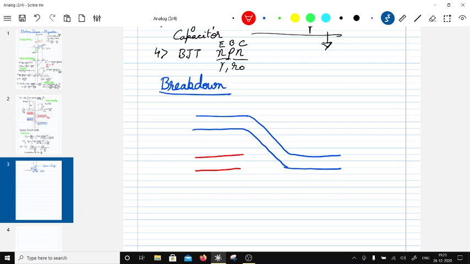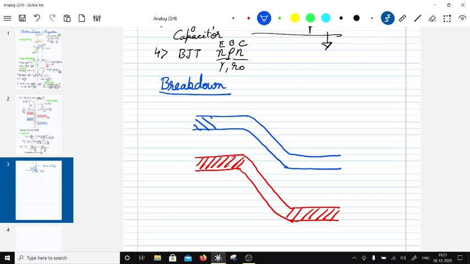This is the valence band, and somewhere over here, like this. So basically this and this,